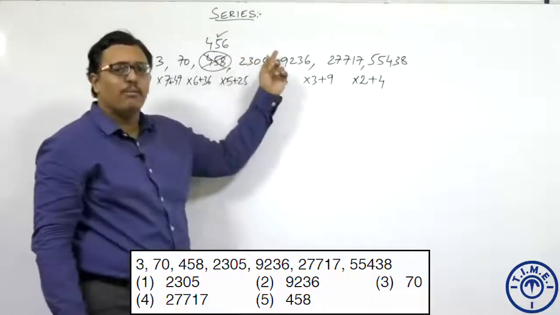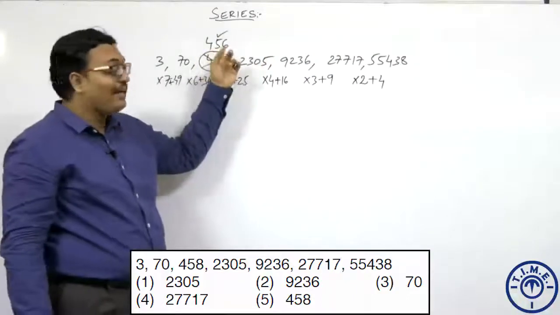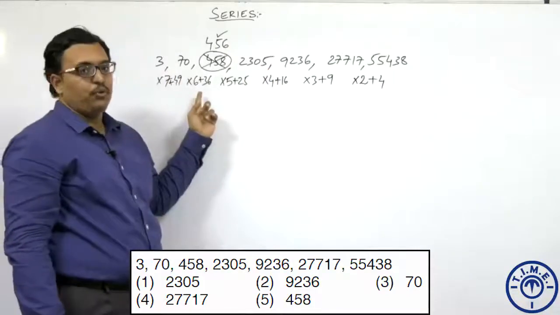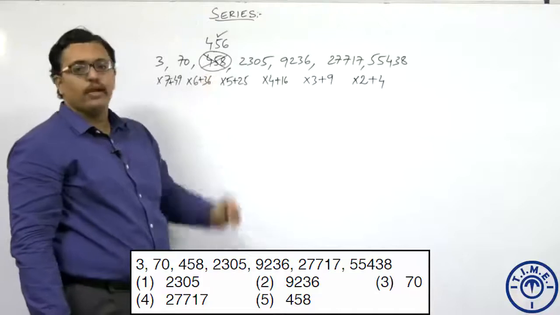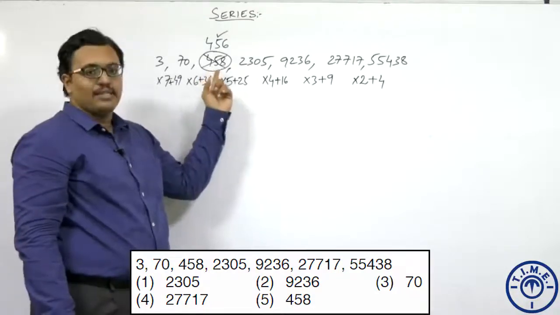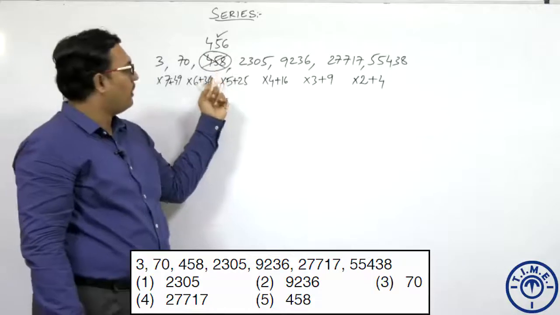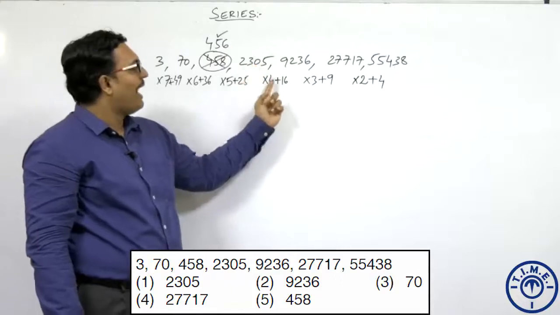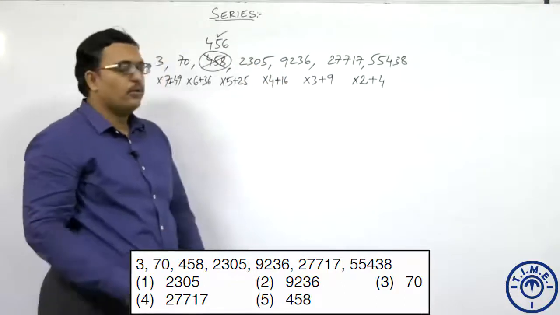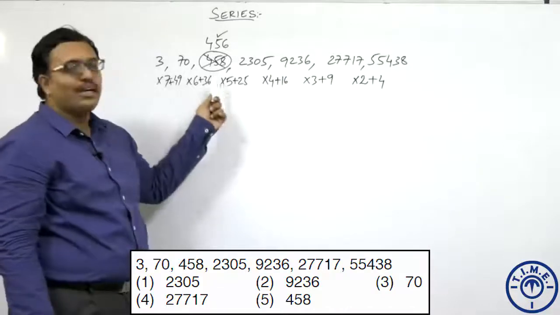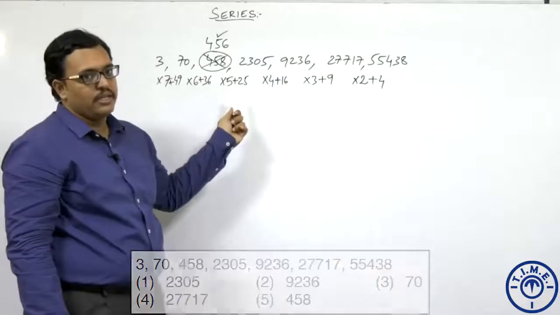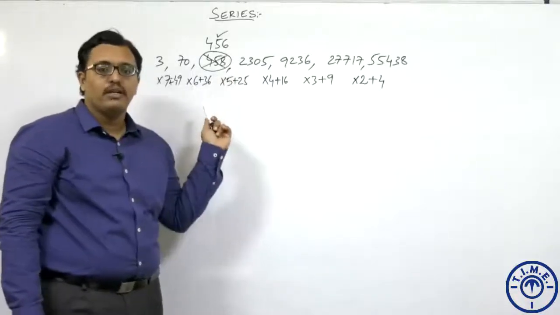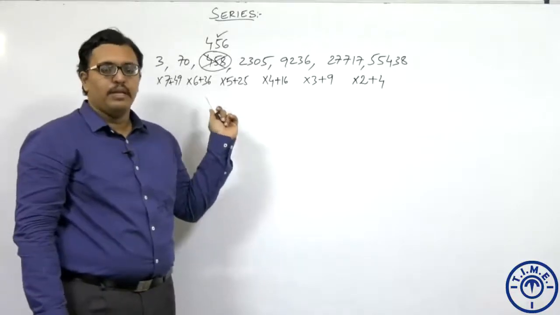You don't have to worry about the right number, but why I am writing the right number here is we just have to check whether the next number you are getting is right or not. So 70 into 6 is 420, 420 plus 36 you are going to get 456, whereas in the series it is 458, which is the wrong number. Now next, 456 into 5 plus 25 you are going to get 2305, and likewise every other number you are going to get in the series, which is the right number. So 458 is the wrong number in the series. So once again I am stressing, the questions for wrong number in the series based on combination logic are very important. Please make note of it.